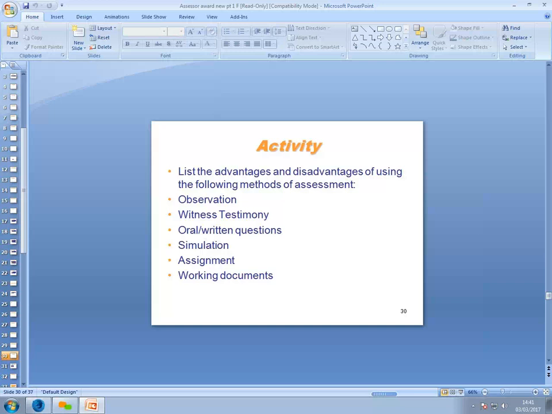Assignments are good because it really proves a good understanding of the subject that they're being assessed on. Working documents are great because, in a sense, you can use drawings, you can use calculations, you can use a whole host of things the candidate has had to use to achieve the standard